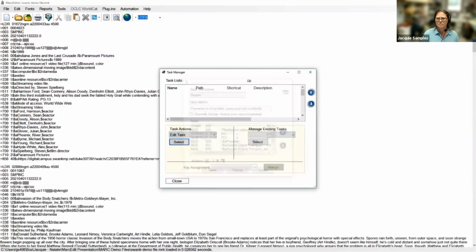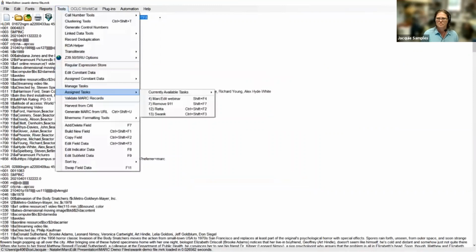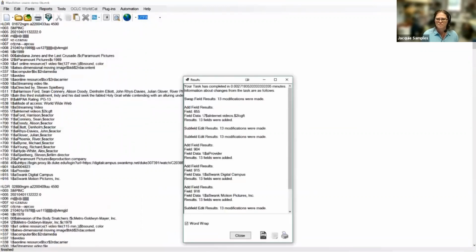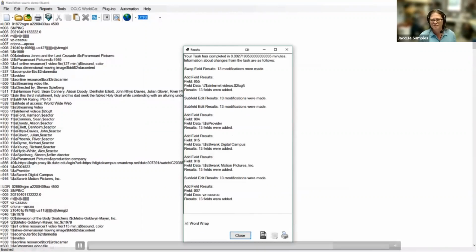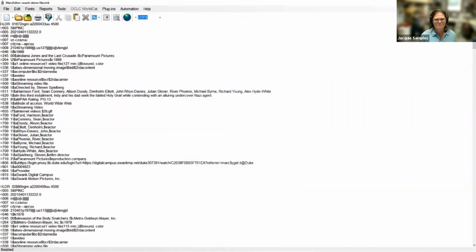I'm going to close that though, and close this too, and simply run the macro, the task. And so it's running through and doing all the things I asked it to, and it gives me this little report that says what it did and how many times it did them. So that's pretty good. And you can log it, you can print it if you need to, but you don't have to. But now the data is currently in the way I want it to be.